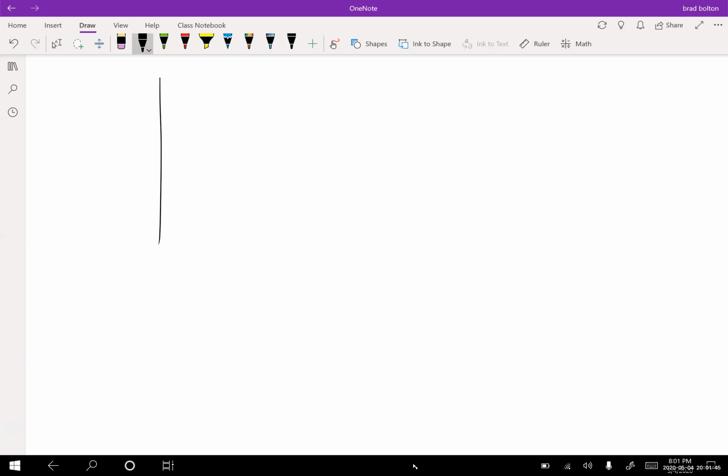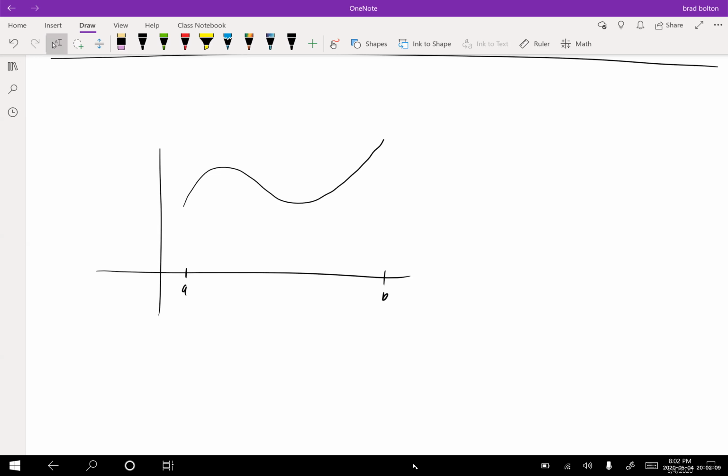Okay, so let's say I had some curve like this, and I wanted to approximate the area under this curve. Let's say this endpoint is A, and this endpoint is B, and we're going to go from A to B. We're going to use, let's say, right endpoints